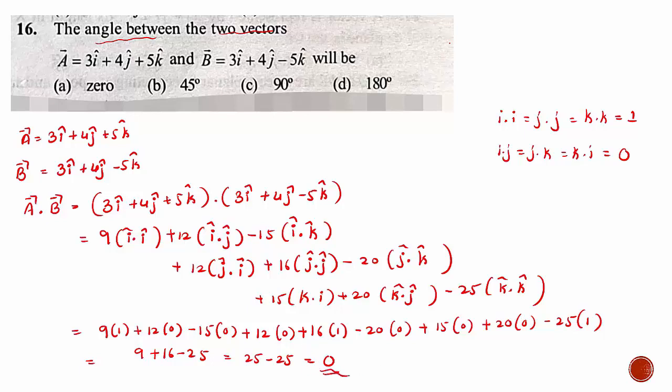What does it indicate? Observe here. Vector A dot vector B is equal to AB cos theta, which means mod of A, mod of B, cos theta. We got the answer 0. If it is 0, then theta is how much? Cos 0 is 1, cos 90 is 0. So theta equals 90 degrees. When theta equals 90 degrees, we get the answer 0, and here also we got 0. So theta equal to 90 degrees is the right answer.